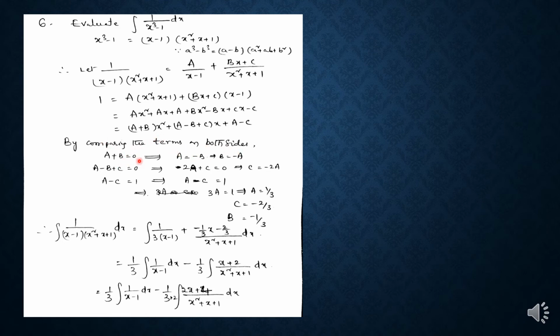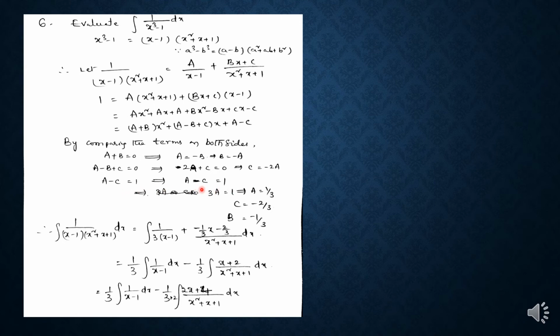a + b = 0 and a − b + c = 0, because there is no x² term and no x term except the constant. The constant is 1, so a − c = 1. So by solving these three equations, from the first equation we can write b = −a, and substituting b = −a in the second equation we get 2a + c = 0, that is c = −2a, and a − c = 1,